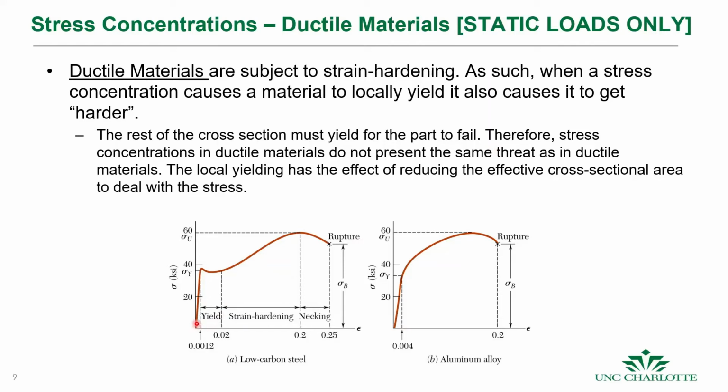Okay, so if we go to some yield stress, we exceed that yield stress. There's some point in time, if we continue to increase the applied stress, that it will be harder and harder for that material to deform because we are strain hardening it, right? So to get any further deformation, we have to apply even increasing amounts of stress. Even for low carbon steel or aluminum alloy, they both experience that strain hardening, where more force is required to cause further elongation. And that's actually a desirable feature, and the reason why many things are made from ductile materials